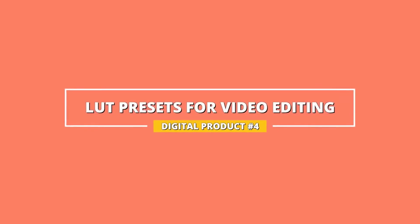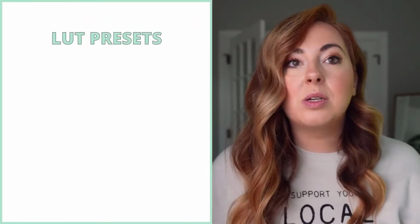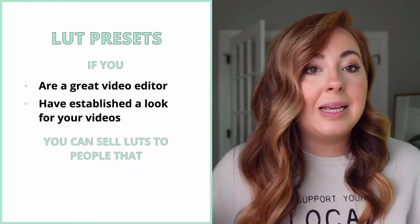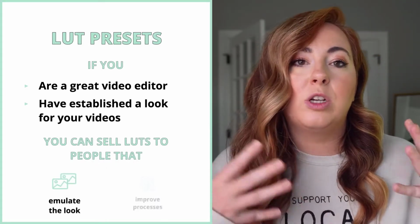In a similar realm as Lightroom presets, you can also sell LUTs for video editing. I just had to Google what LUTs stood for because I just call them LUTs, and it stands for lookup table, which, okay, but not what I expected. I expected something fancier than that. But if you are someone who is a great video editor or has established a certain look in your videos,